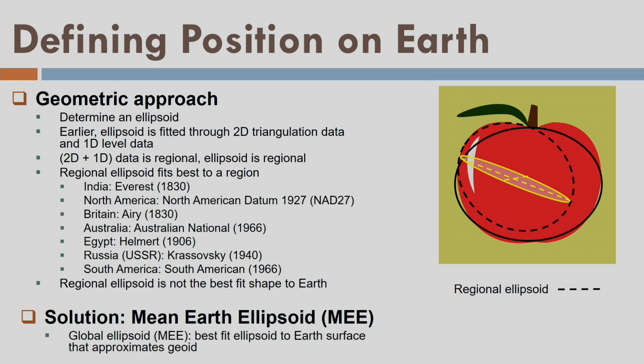So what is desired here? I should fit a global ellipsoid, and that global ellipsoid should be called the mean Earth ellipsoid. The idea is that this geometric approach should represent, at least approximately, the geoid surface of the earth. So let us imagine fitting a surface around the surface of the earth that is a geometric shape, what we call an ellipsoid, but at the same time is very close to the geoid, so that it can fulfill two purposes.